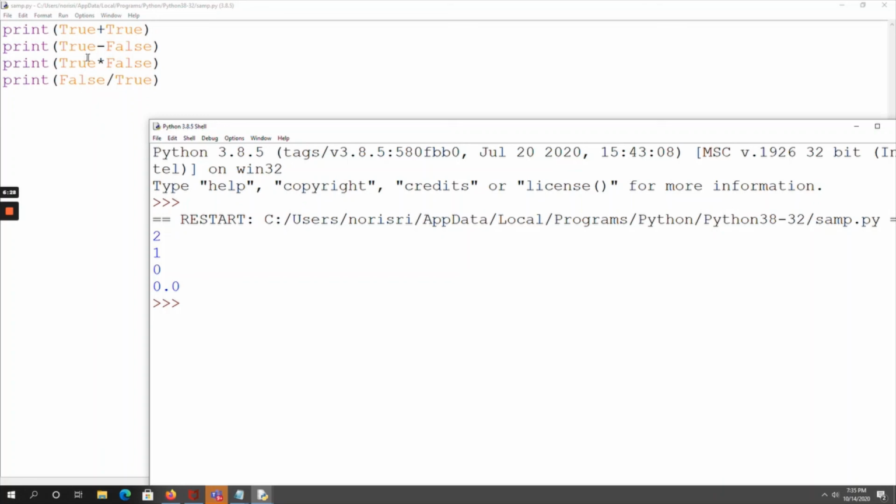True minus False is 1 minus 0, which is 1. True into False, 1 into 0, is 0. And 0 by 1 is 0.0. Like this, we can perform arithmetic operations between the Boolean variables.